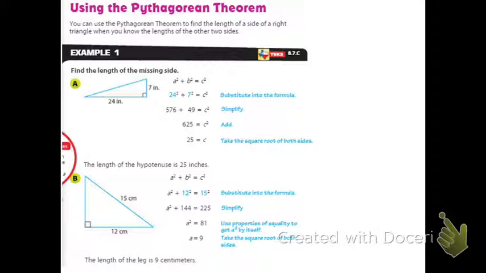Alright, ladies and gentlemen, so using the Pythagorean Theorem. You can use the Pythagorean Theorem to find the length of a side of a right triangle when you know the lengths of the other two sides. Alright, so here on example number 1, ladies and gents, they're asking us to find the length of the missing